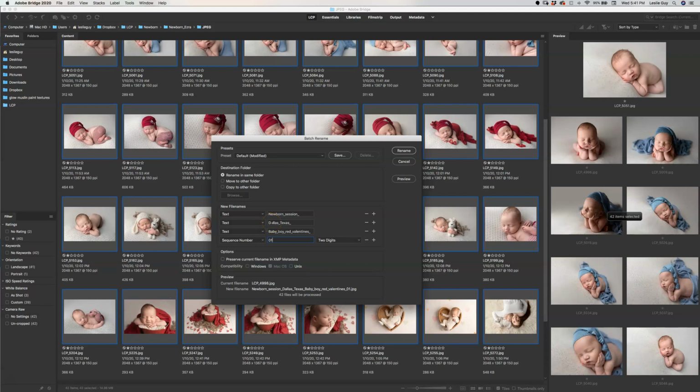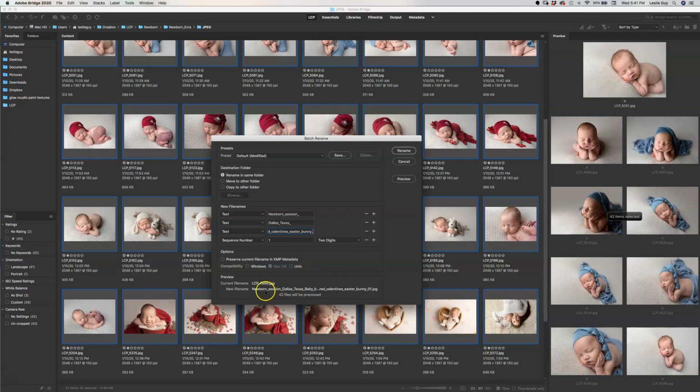So in this case, I am reaching Dallas people, that it's a newborn session, that it's a boy, and then the color, so they might want a certain color, red, yellow, blue, pink, purple, and then just an adjective that describes this particular session. So I have a lot of hearts, a lot of Valentine's stuff, but I also did a couple for Easter, and I have a bunny included there. So you can really add as much as you want,